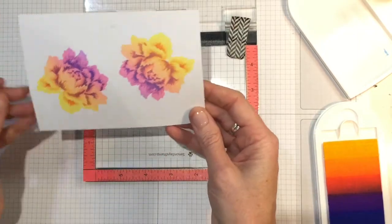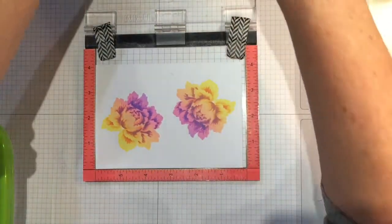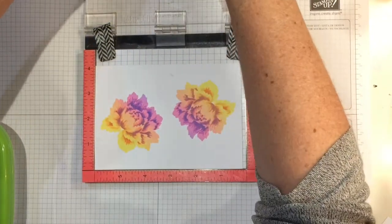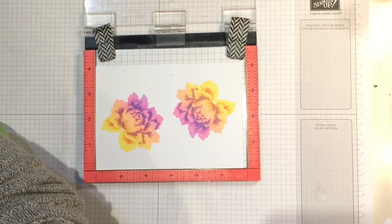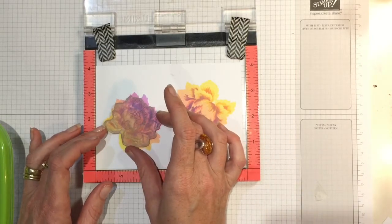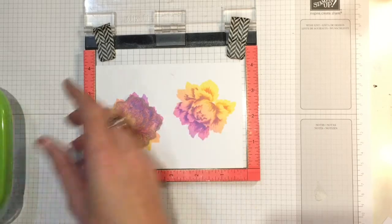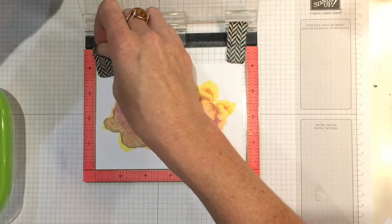So now I have my two flowers stamped, and I just wanted to give the darker colours a bit more emphasis. So I'm going to actually restamp the second layer of the stamp with Versamark ink and emboss it with clear embossing powder. And it just brings up those colours really beautifully, in the middle of the flower. So I'm just lining up that second layer of the flower